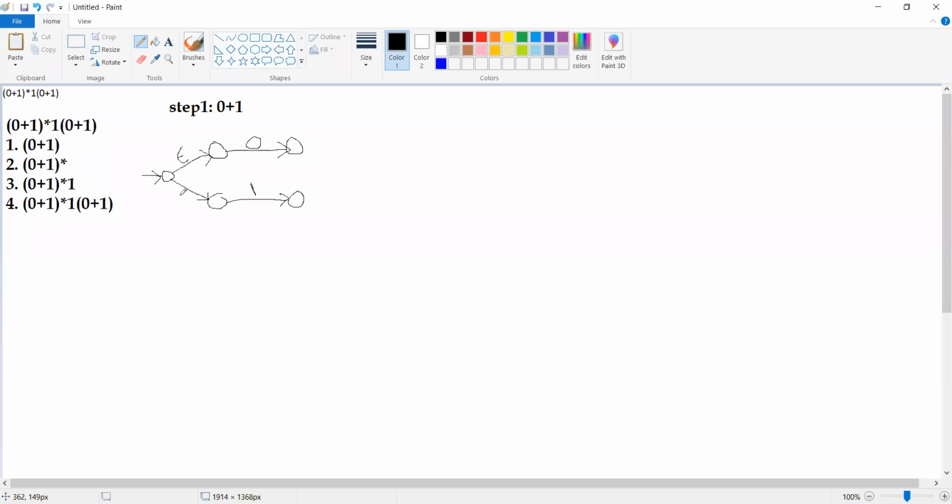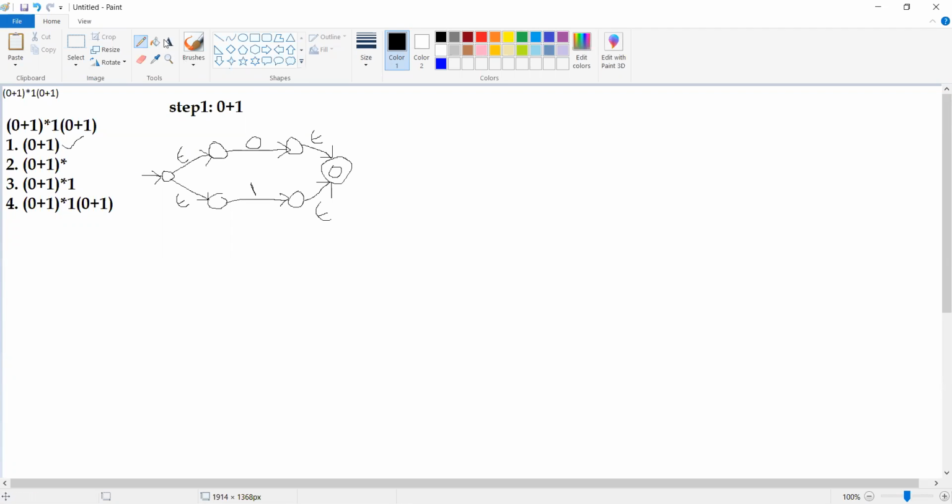As we are doing a union, we will get a new final state, and from the earlier final states we get epsilon transitions like this. With this, we have successfully completed our first step: we have constructed the finite automata for 0+1.